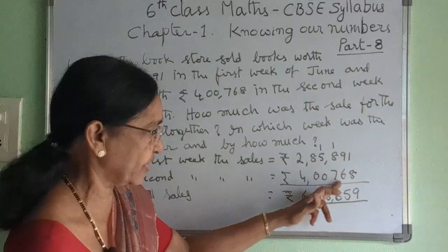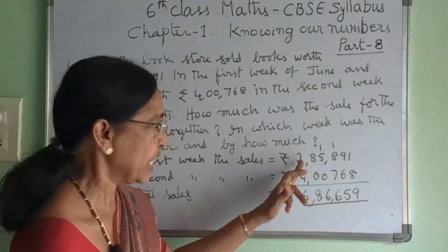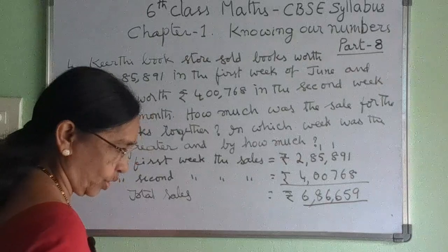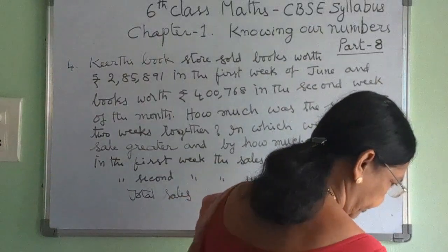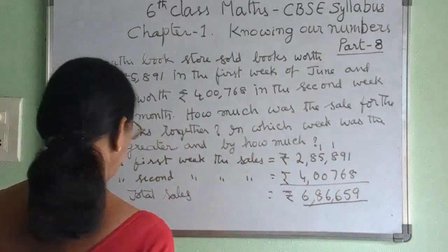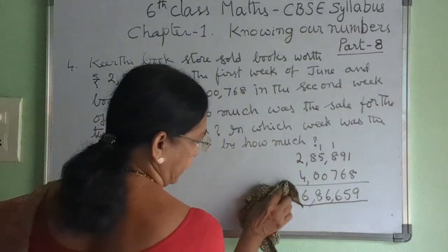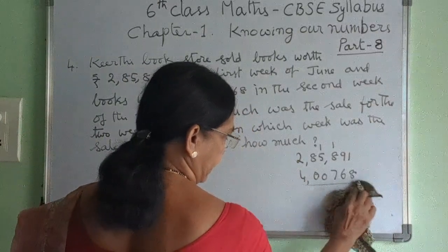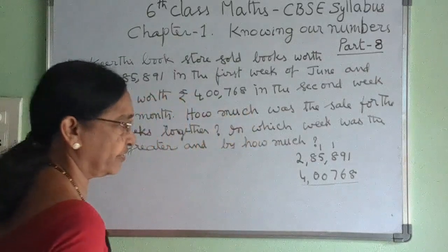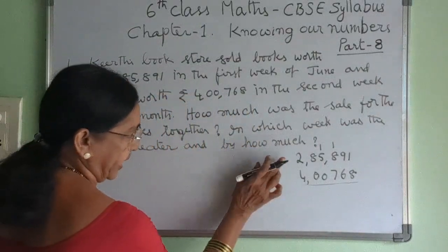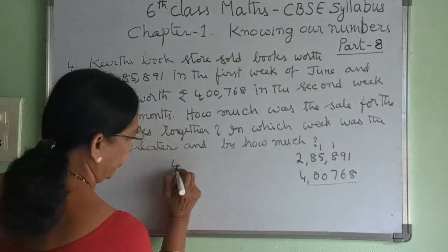That is 4,00,768 minus 2,85,891. So in the second week, the sales is greater than the first week by